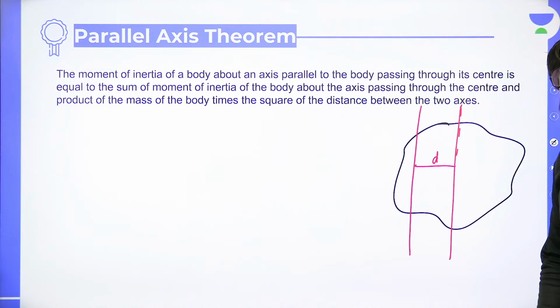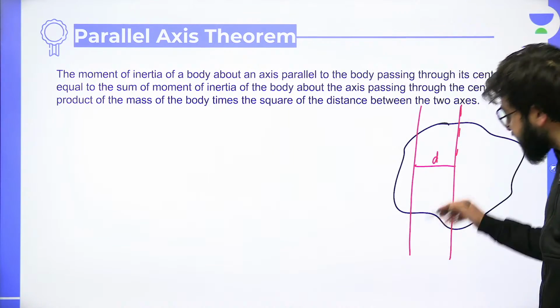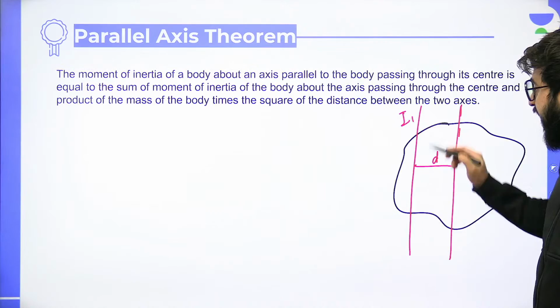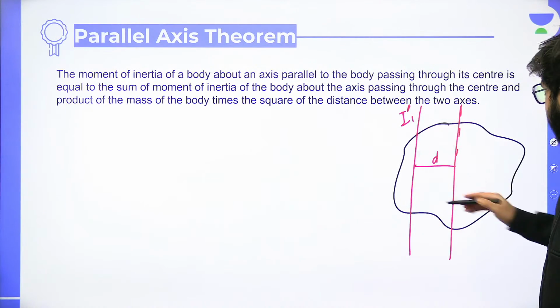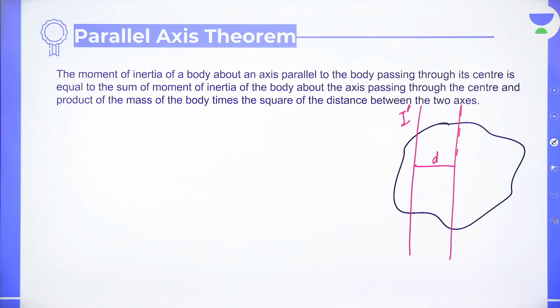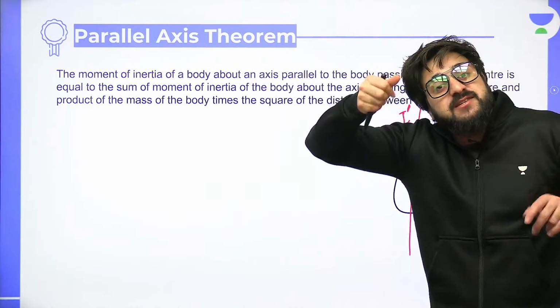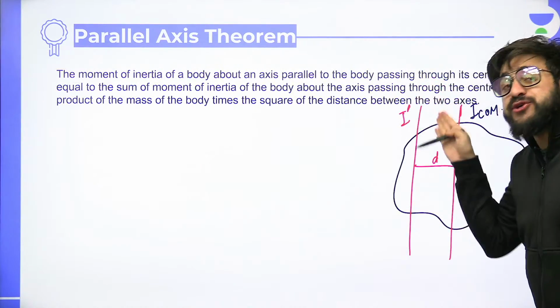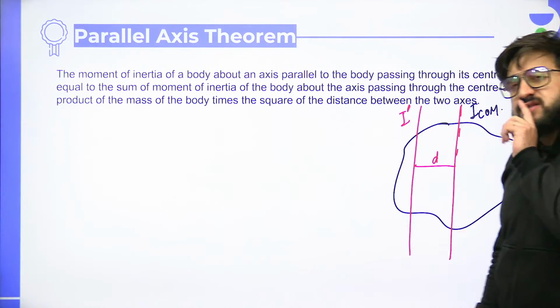If I ask you to tell me the moment of inertia about this axis, say this is I dash. Moment of inertia about this is I dash, and moment of inertia about the other axis is ICOM. The moment of inertia about this axis will obviously be ICOM because this is passing through its center of mass. So the moment of inertia about an axis passing through its center of mass is nothing but ICOM. And if I ask you for the moment of inertia about this axis,